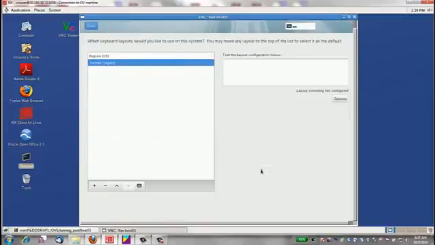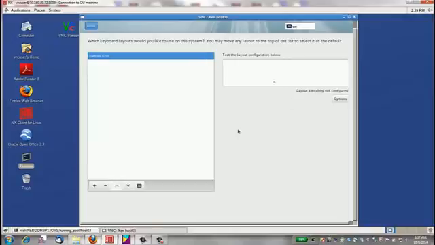I'll just hit cancel, and then you can delete keyboard layouts. So I'm going to delete the German. I'll highlight the German one and hit the minus sign, and it's gone. I'm back to US. So I'll hit done,